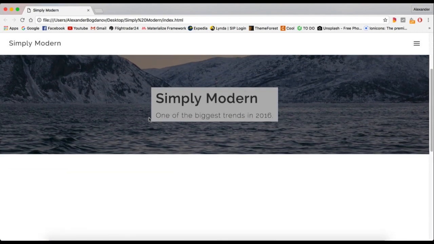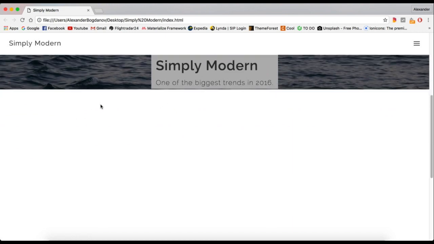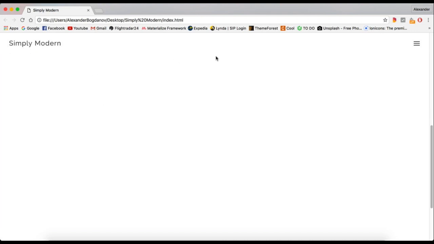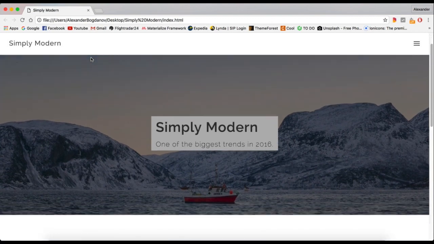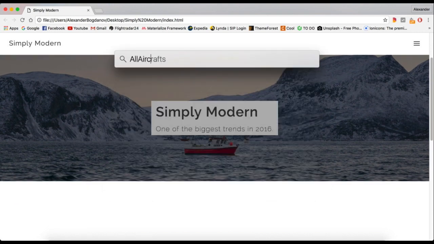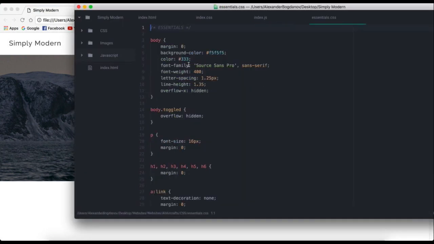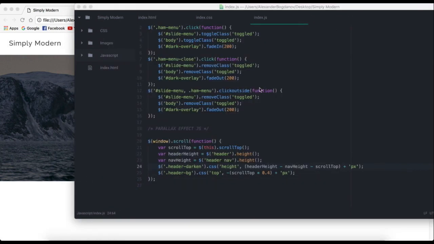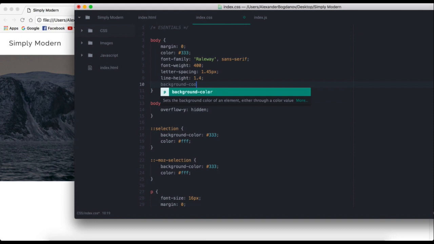So yeah, what we're gonna do is I want to change the background color of the body, because see, now when we scroll down you can't tell where the navigation ends. Now we can change the navigation color, but I don't want it because white and black is perfect. So what I'm gonna do is I actually have an old website, all aircrafts. I'm gonna open the CSS file and I'm gonna get the color of it. Okay, so I just wanted this color, so I'm gonna close this off. Perfect. So now what we're gonna do is we're gonna change the background color